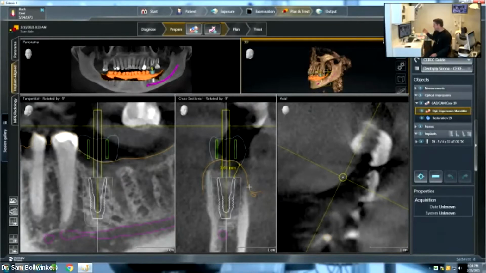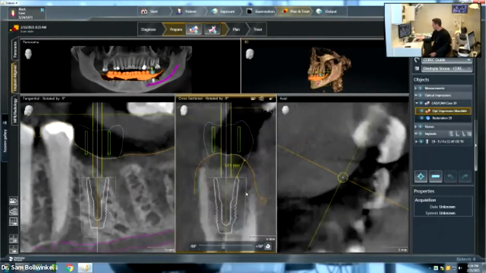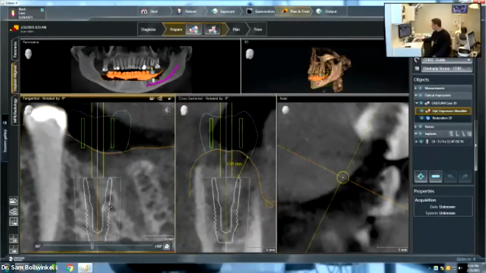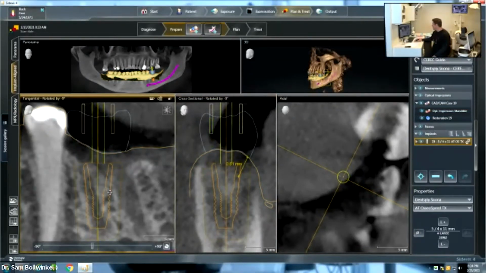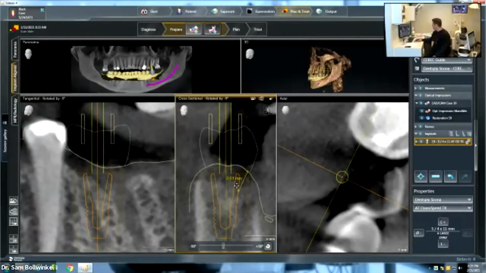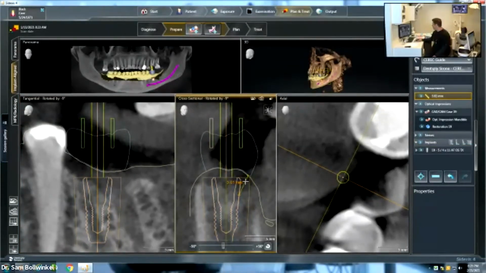So here's another really cool tool. Let's bring this one up. I can measure now. So now I can actually tell how deep I want my implant. This implant from the CEJ to the head of the implant is about 3.5 millimeters. That's great. That's right about where I want it. If I was to bring this implant up and take it up to what looks like the crestal bone height, and I take this measurement, let's grab that measurement, and I shorten that measurement,